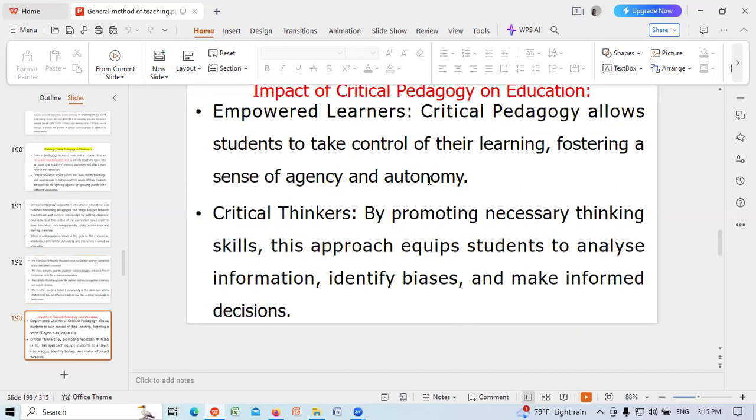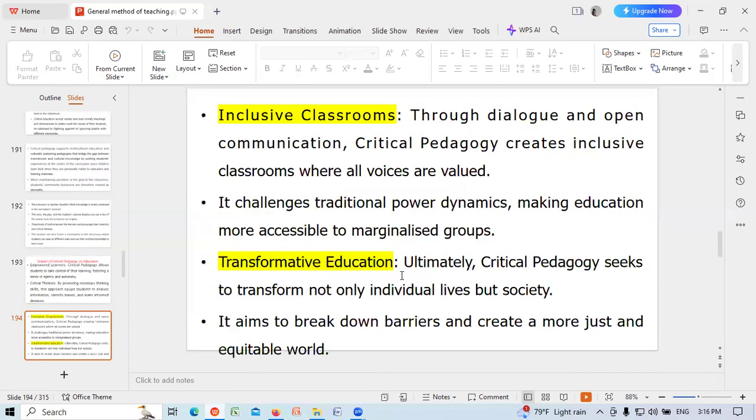Impact of critical pedagogy on education. Empowered learners: critical pedagogy allows students to take control of their learning, fostering a sense of agency and autonomy. Critical thinkers: by prompting necessary thinking skills, this approach equips a student to analyze information, identify biases, and make informed decisions. Inclusive classrooms: through dialogue and open communication,